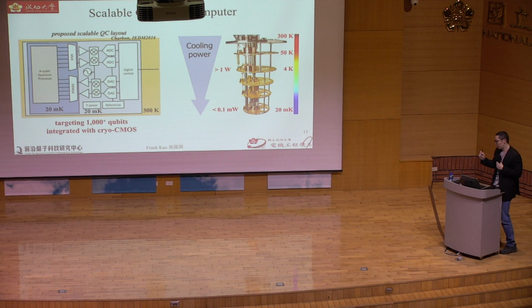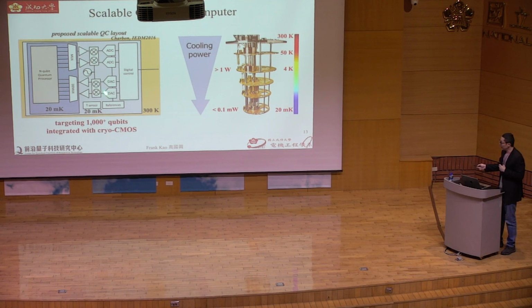Ideally, we hope we can integrate and fabricate everything together on a single chip. And because they are fabricated on a single chip, they must be able to work at the same temperature, 20 milli-K. But because the cooling power is limited,